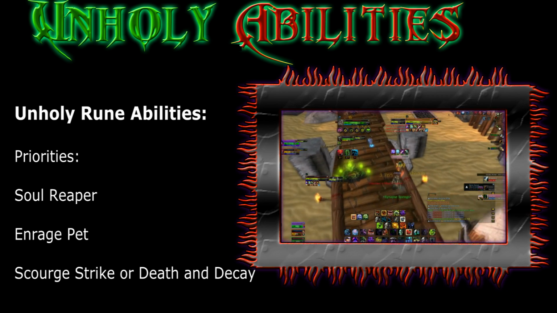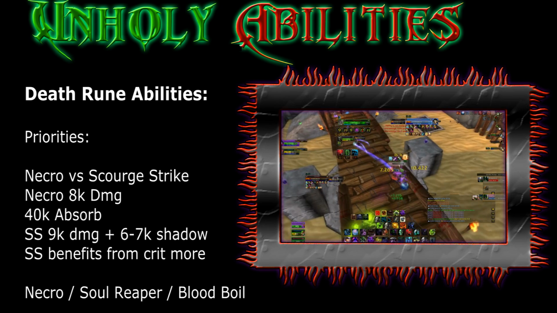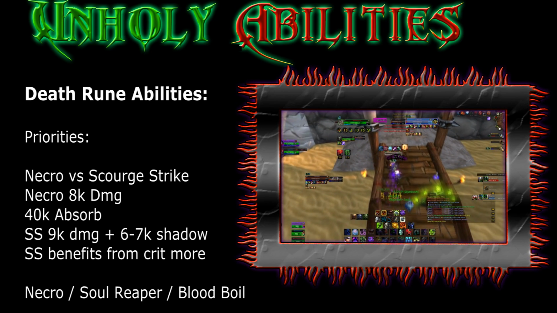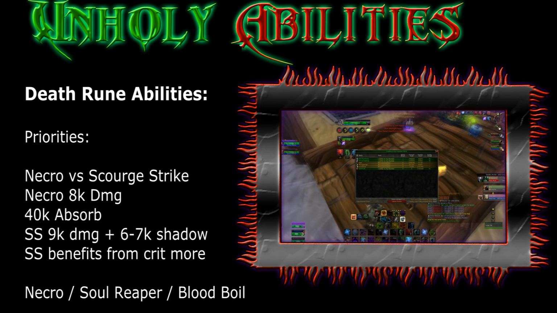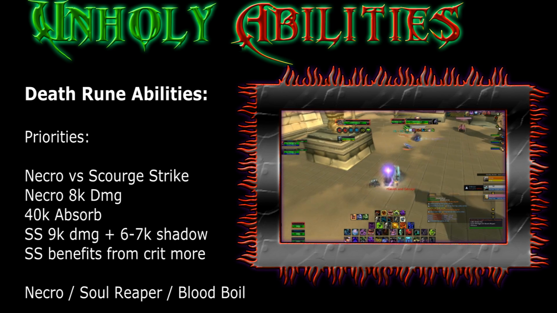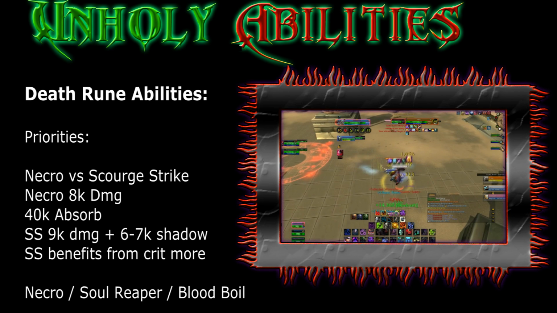Now let's look at the Death Runes themselves. So before going into anything, let's talk about the Necrotic versus the Scourge Strike for Death Runes. Necrotic on average does 8k damage and a 40k absorption, whereas Scourge Strike only does 9k damage plus 6 to 7k shadow damage, and it's a lot less, but it does benefit from crit a lot more than Necrotic, because I've seen as high as like 35 to 43k Scourge Strike crits, both shadow and physical damage combined, which is